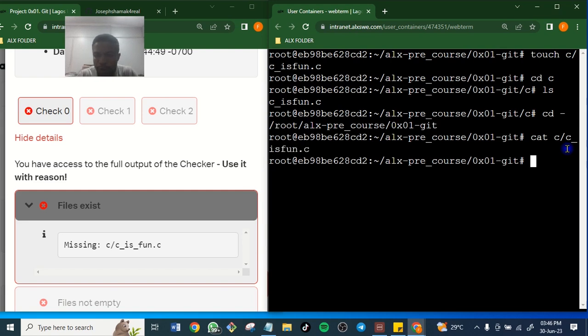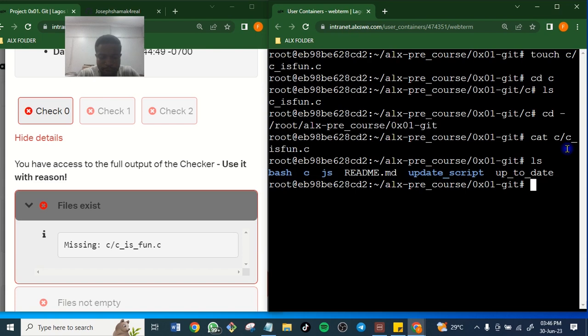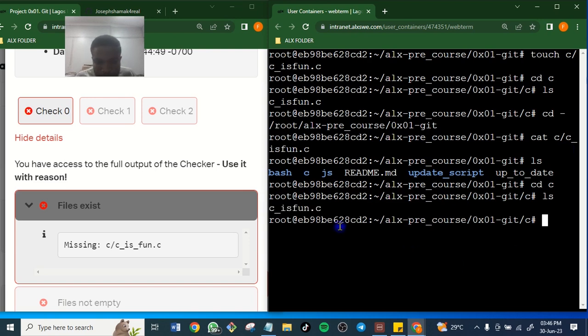Good, it's there. So we are good to go. Let's go into C again and see. We are in C. ls. So the reason why it's showing this is because we are already in C.